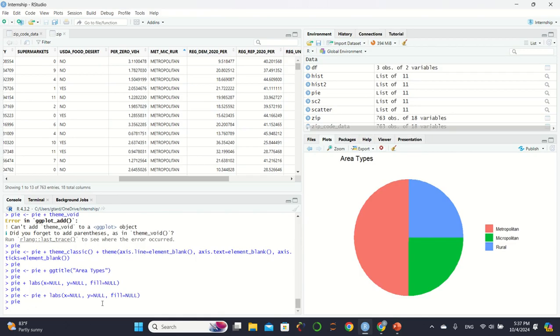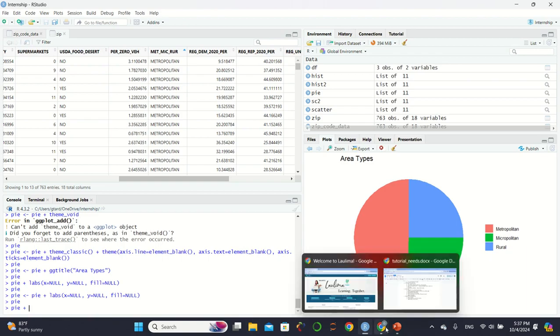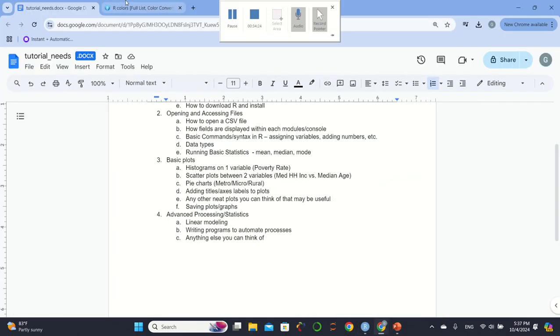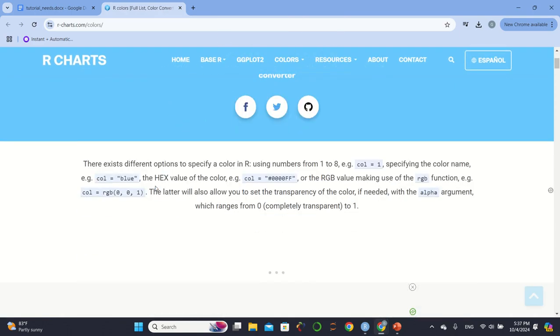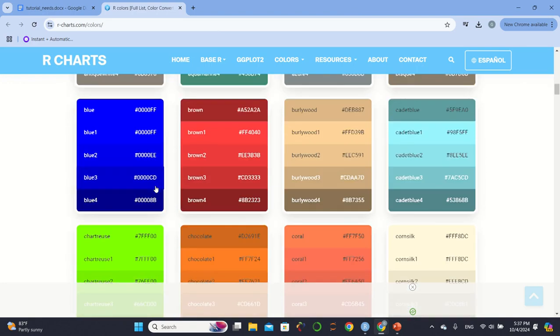So from here, we're going to go to ggsave again. Actually, let me show you how to change some of the colors in these pie charts, just to make them pop a little bit. This is where customization gets really fun with these things. So I'm not going to edit this pie because I think it already looks fine, but pi plus here, I'll show you. The internet has, if you just look up color codes in R, it'll give you a full list of different color codes that you can use